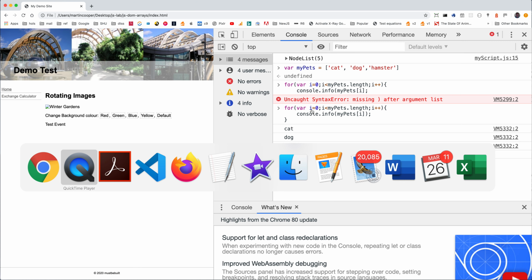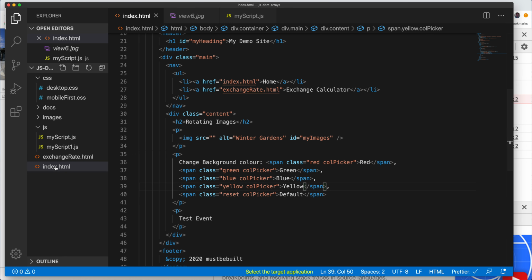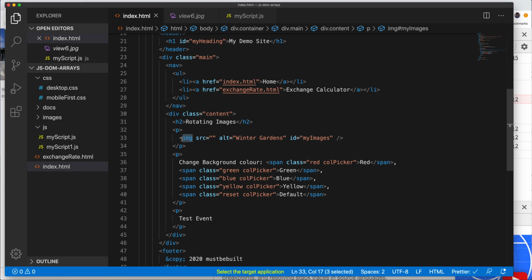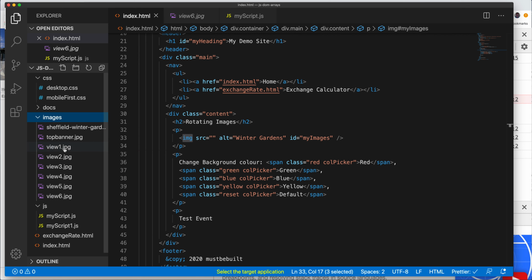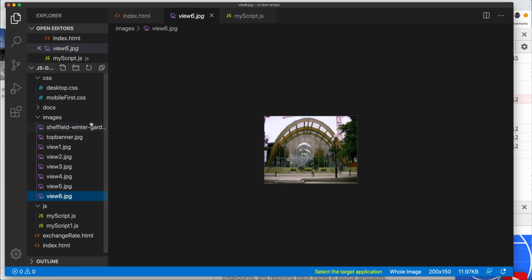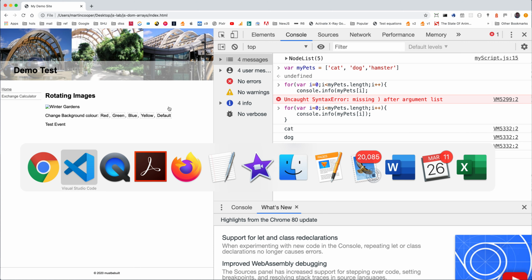So let's just build a little fun application with this. In my HTML page, I've got an image tag, which is this one here, which is currently displaying an empty image, and I've got a series of images here, views 1 to 6. They're all set up to be the same size. So what we'll do is we could